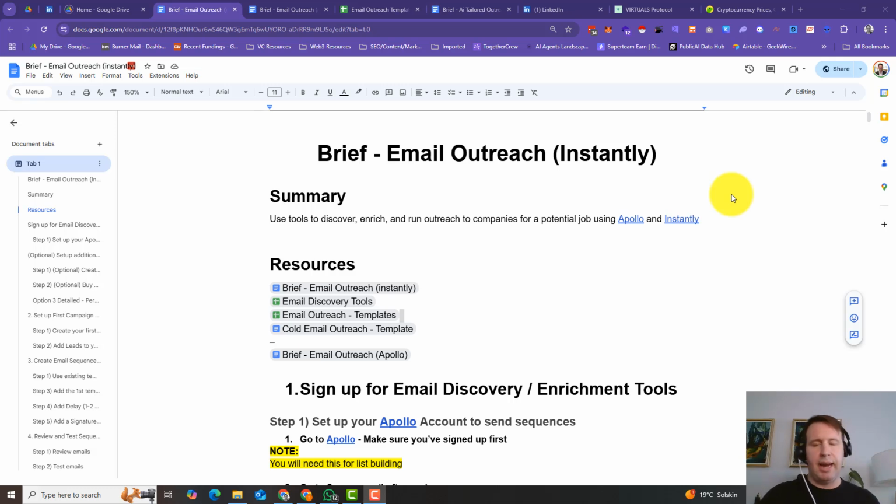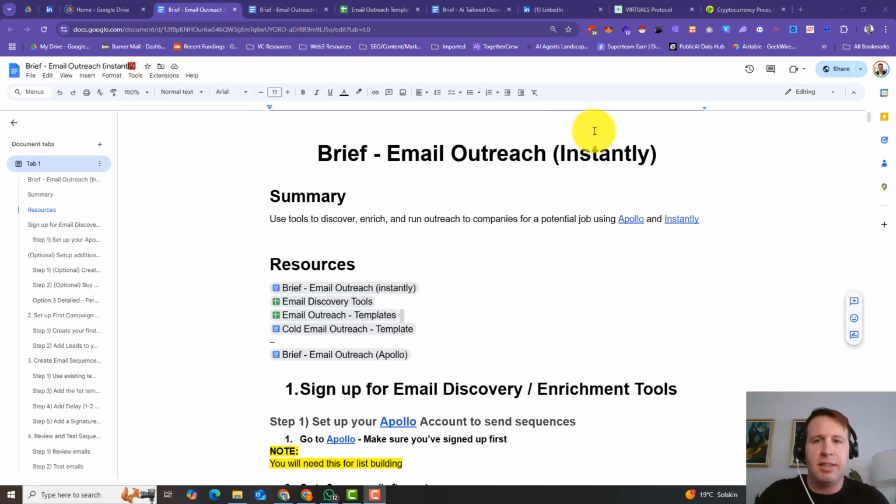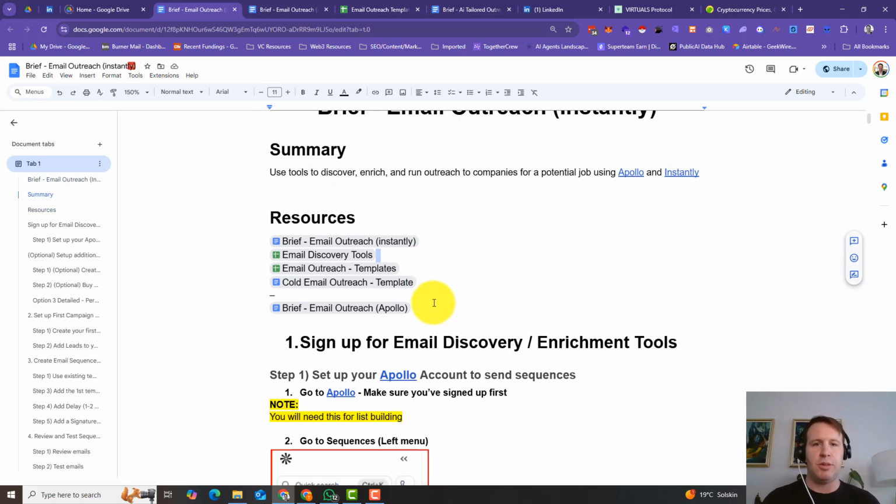I built a second activity here for email outreach using Instantly for the sheer sake of being able to do volume, much larger scale of outreach. And I'm very quickly going over the resources. The idea of this brief is that it is using Instantly as opposed to Apollo. Again, this is for a much larger volume of outreach and being able to use some of these done for